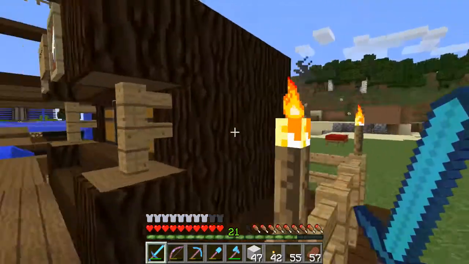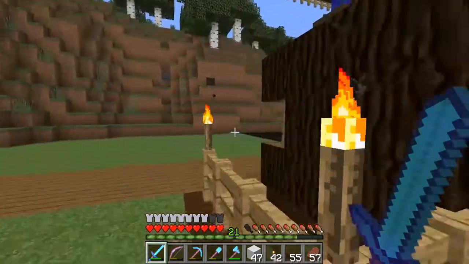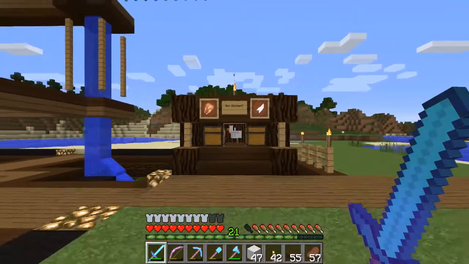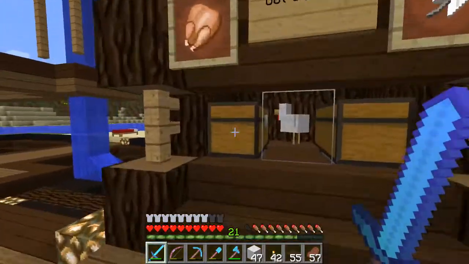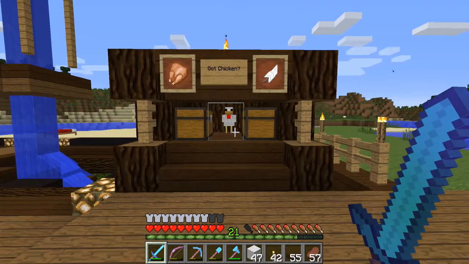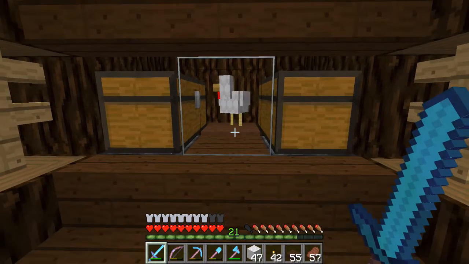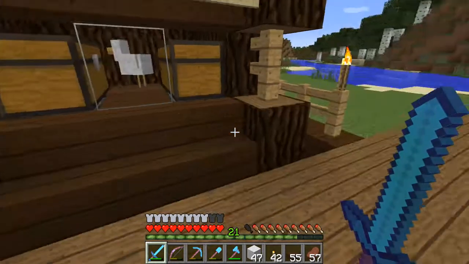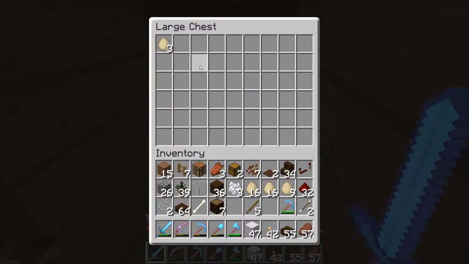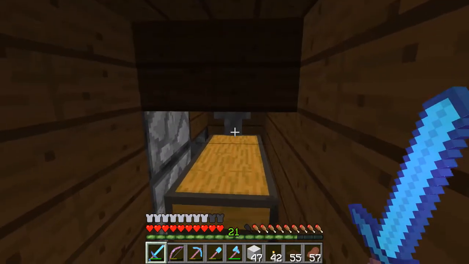So if you guys have any ideas, let me know what you think about the back and the sides, because I am looking for a little bit of a change there. But overall, it is functional. So I think it'll work out well. There is a hopper underneath this guy right here that is collecting eggs and putting them into this chest. I don't need this much storage for it, but